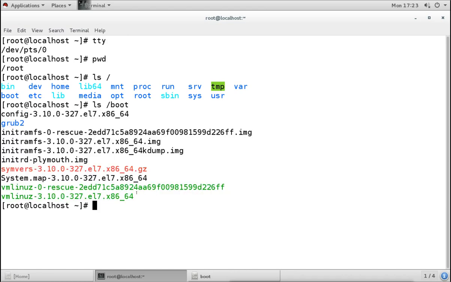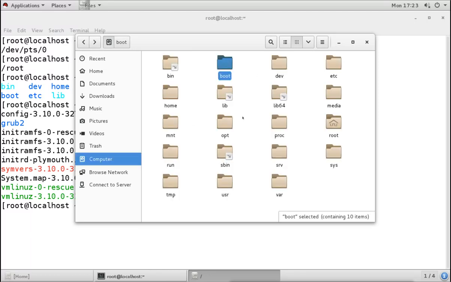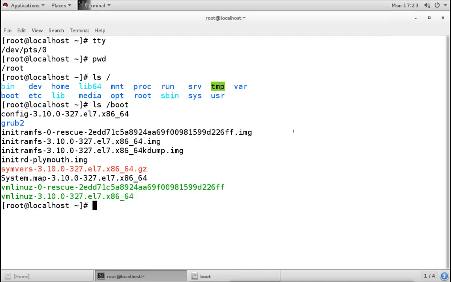Now when we are in graphical mode and we open, suppose, the slash, we know what it is, and we see this is a directory. We can see the graphical icon symbol. By the icon we can say that this is a directory, and when we open any directory we can see that this is a file. So we can easily say this is a file and this is a directory. Now the same thing, when we do it from the command line, how will we understand what is a file and what is a directory?